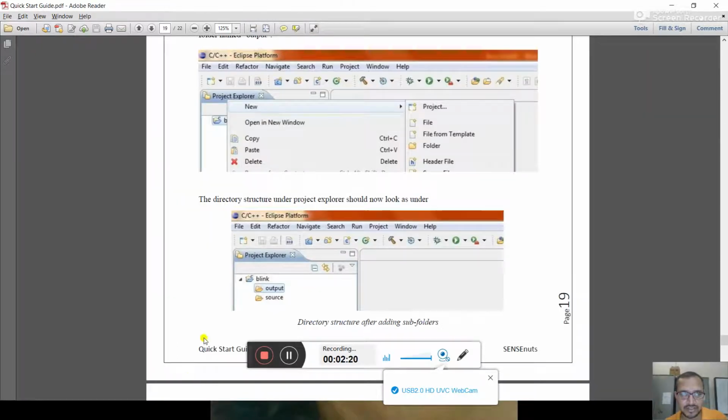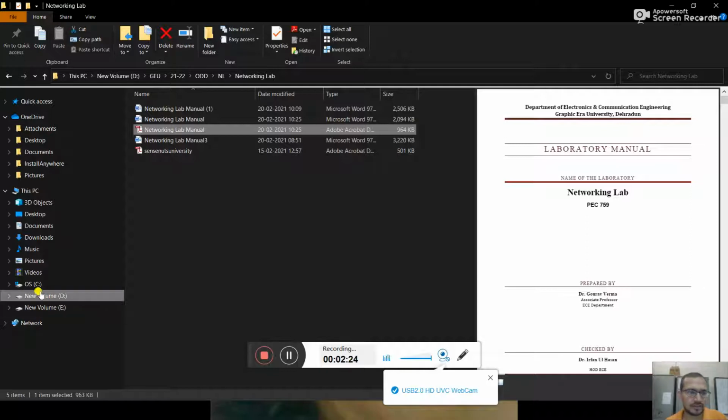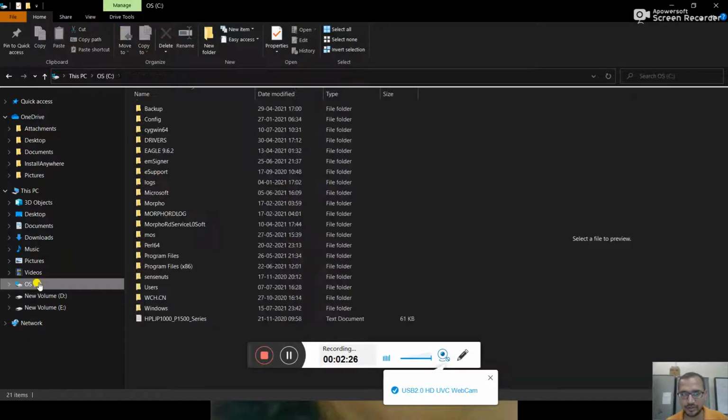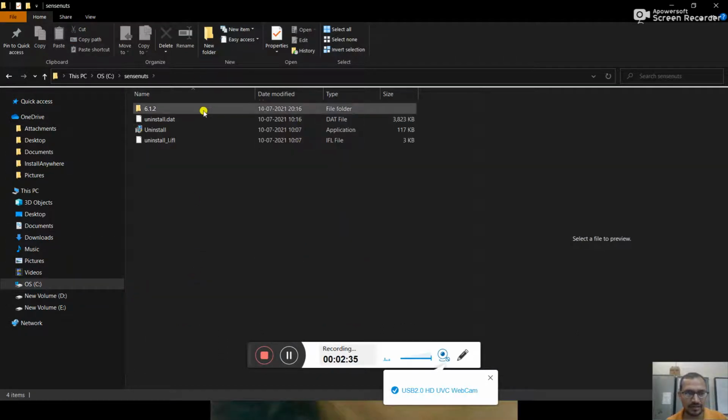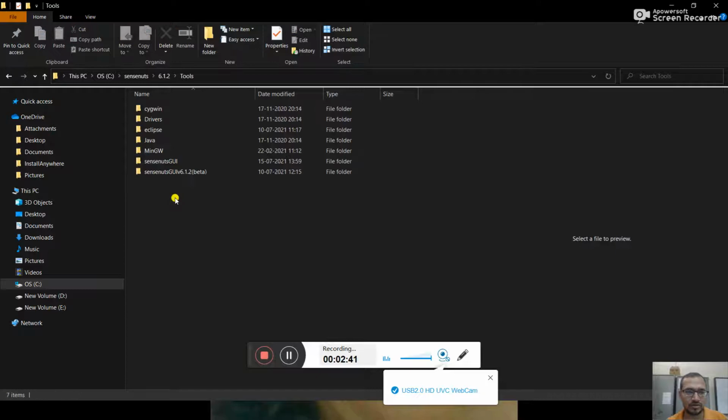Let's first invoke the SenseNuts GUI. You can see I'm going to the C drive. In the C drive there is SenseNuts, and in SenseNuts there is tools, version 6.1.2.